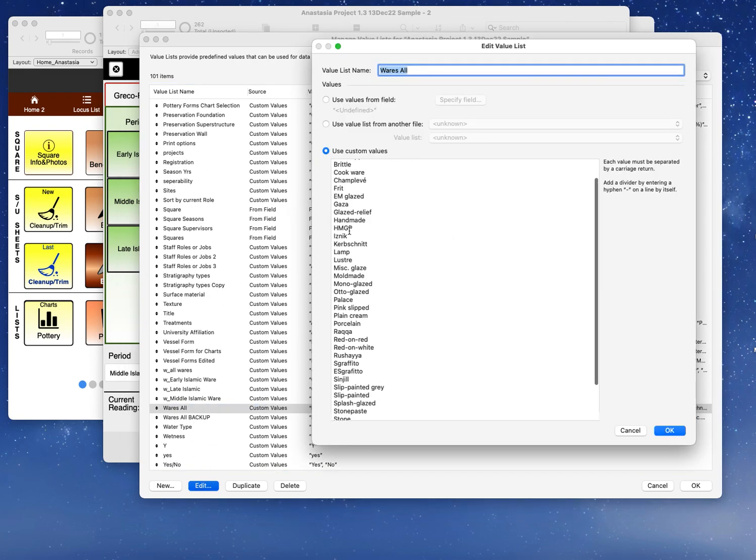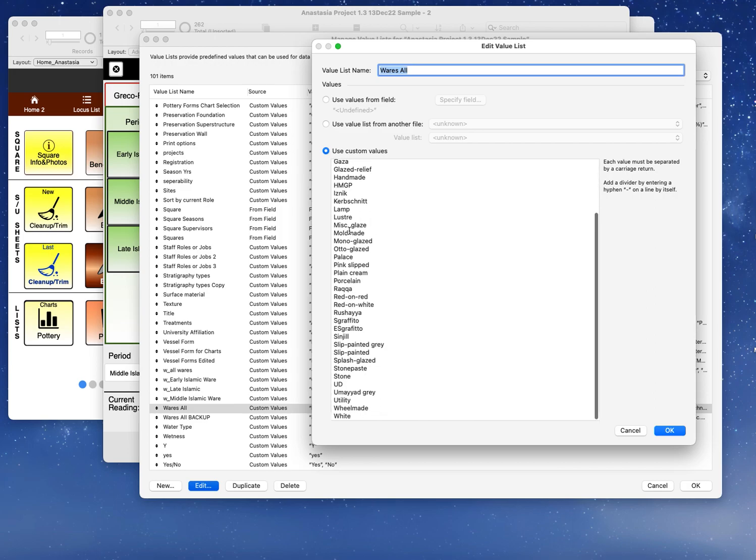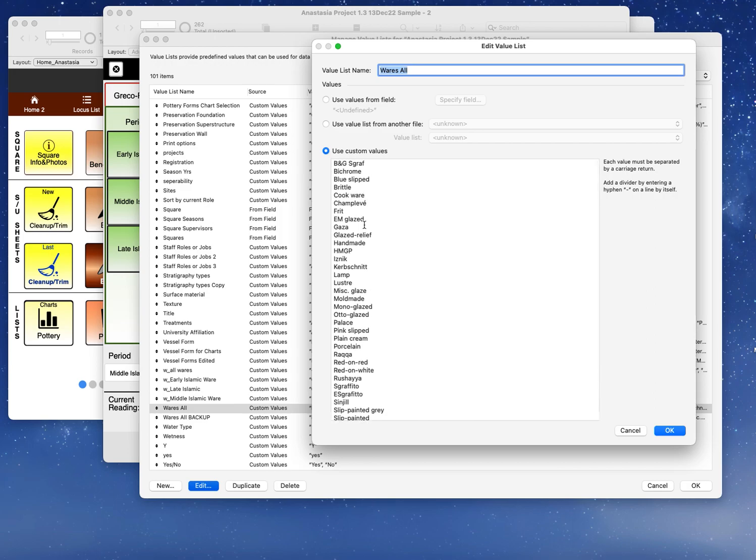And here is a list of all of the wares' abbreviations. That is, all of the wares, when they show up in a chart, this is what is going to show up. So you'll notice here, instead of saying handmade geometric pattern ware, it's just going to be HMGP. Or instead of handmade coarseware, it's just handmade. Or any number of them, we have EM glazed, we have B&G, which is, I forgot what that means, but sgraffito ware, instead of writing the whole thing out because it would be too long